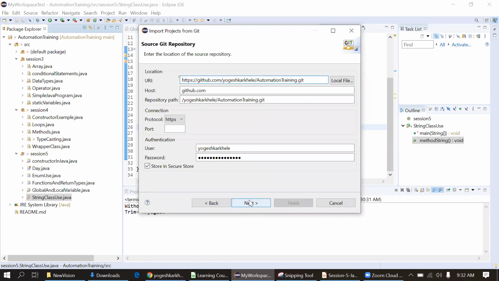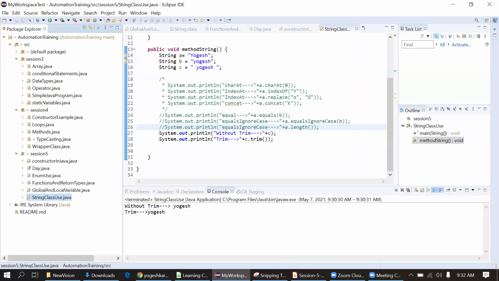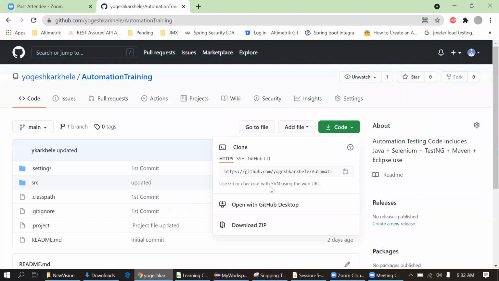If you are finding difficulty in importing the project, just wait. We'll take a detailed session on how to commit the code and how to take a pull. For the time being, you can just take a zip from the last option here. You can simply download the zip of this particular project and import it in Eclipse.